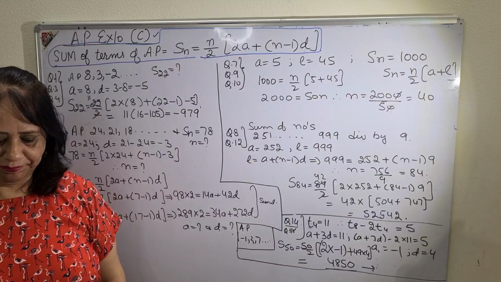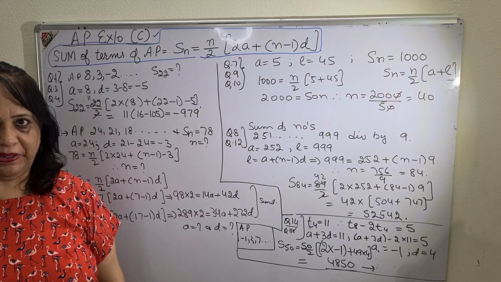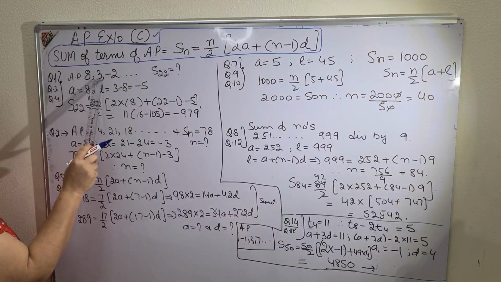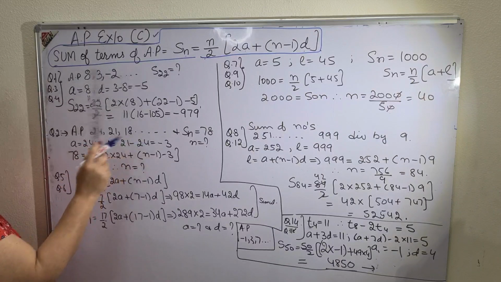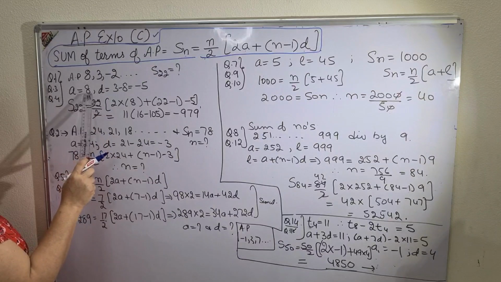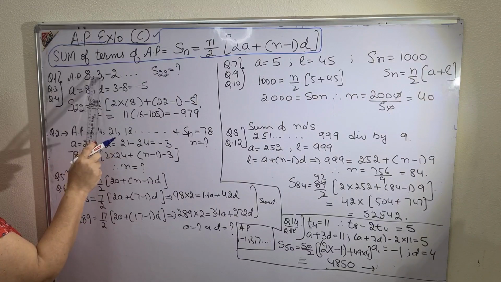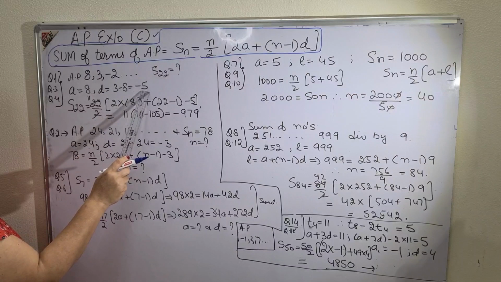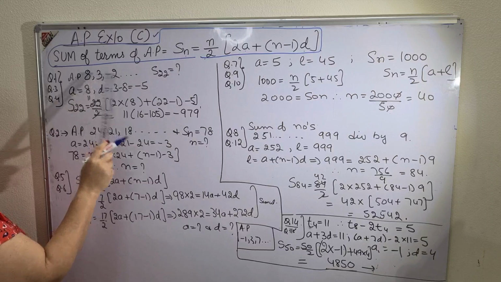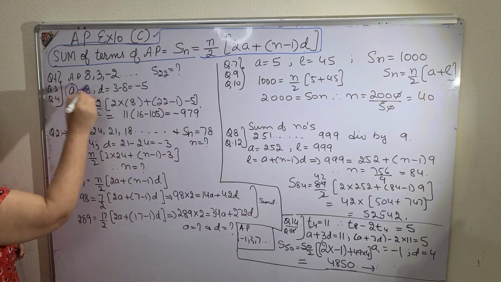Question number 1, find the sum of the first 22 terms of the AP. Now AP has been given to me. AP is 8, 3, minus 2 and so on, as we did in the last two exercises. First term a is equal to 8, d is T2 minus T1, that is second term minus first term, minus 5. If you want to check, you can do it by minus 2 minus 3 also, you will get the common difference d to be same. So this is a and d.